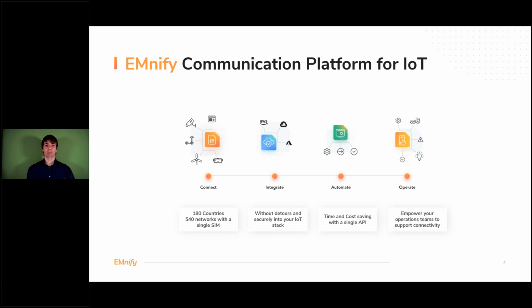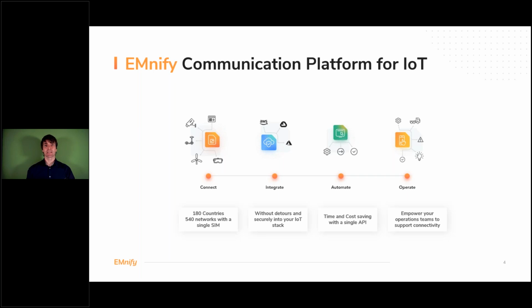Also, we have a rich API that allows you to steer everything on the connectivity side in your application, or automate processes. And this gives you a better way of handling basically anything around SIM cards, connectivity, but also policies that your customers are able to do with these SIM cards.